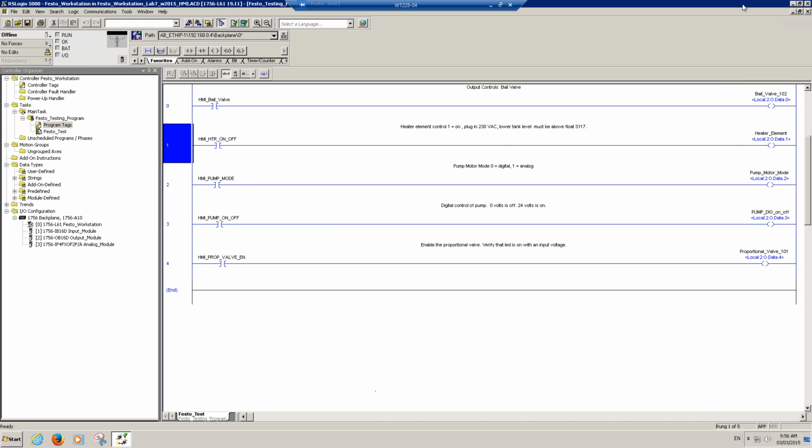Hello, I'm going to take you through an example of creating an HMI display using data from the PLC. But to begin with, I've created a program, and I'm using some tags that start with HMI, and this is basically for simulation. And if I go to my program tags,